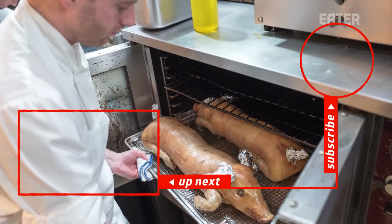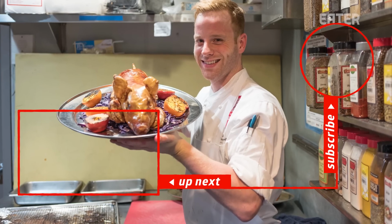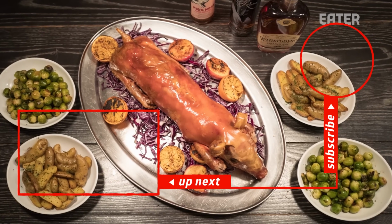Then roasted in the oven. It gets to be cooked at about 400 degrees for an hour or so until it becomes supremely crispy. It just has